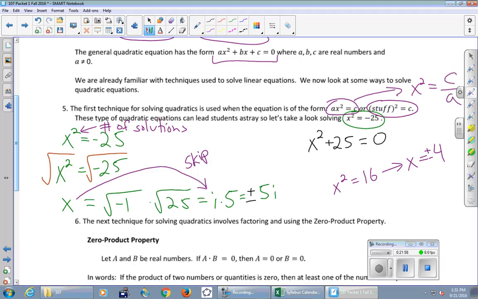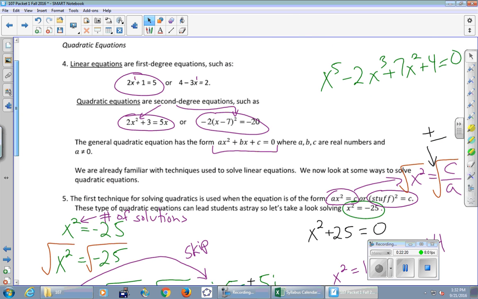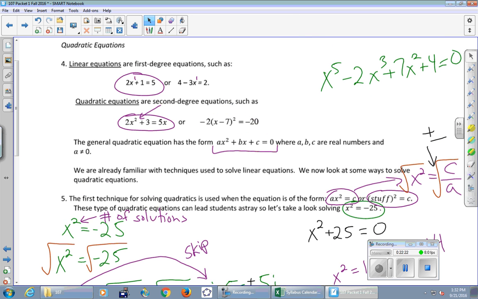And then what's our technique? What you do to that equation is the square root. And so we put in that square root there. And we don't forget that we need to also include the plus or minus. 2 solutions. And in fact, that would be the technique I would use on this equation over here.